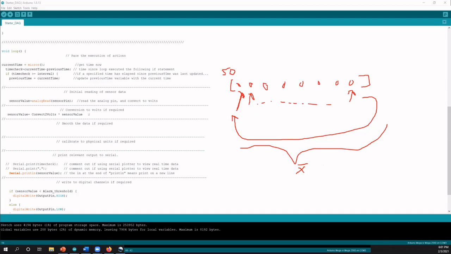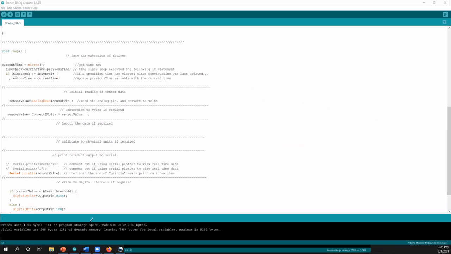In order to do that, what we have to do is first find a function that makes it possible to loop back, to count from 1 to 50 and then go back to, or count from 0 to 49 and then loop back again. And it turns out there is a function for that, and it's called modulo,